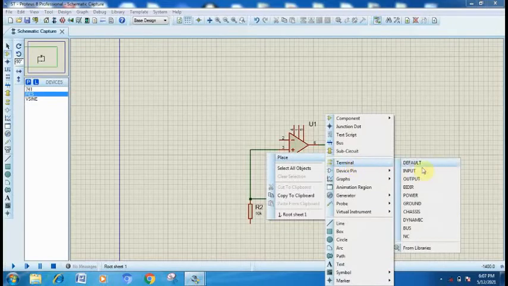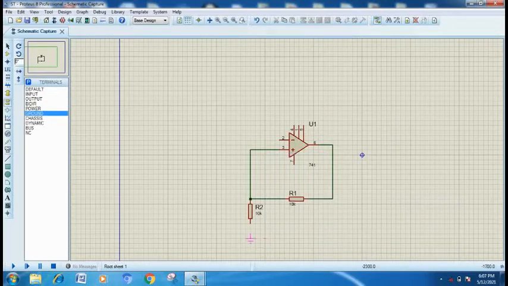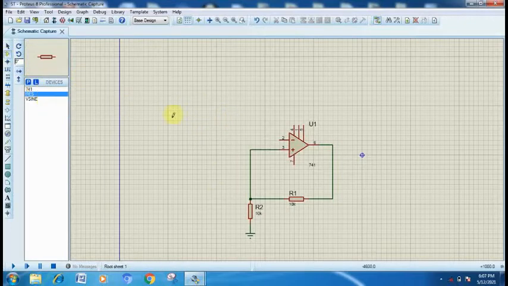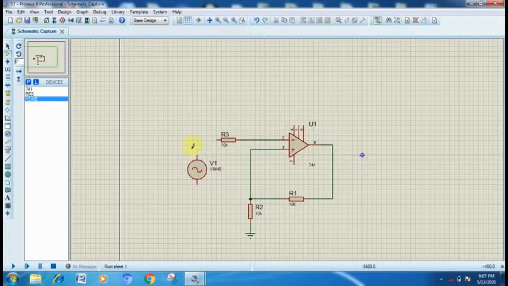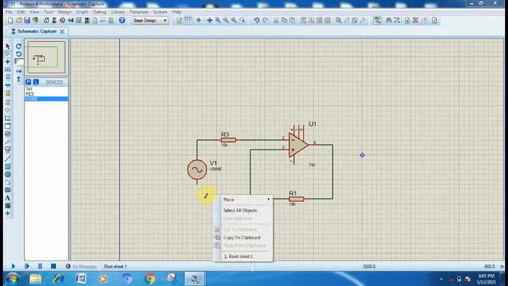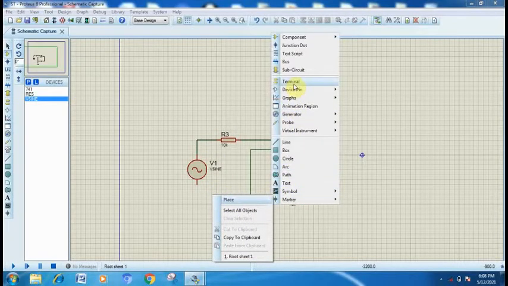Now place one ground terminal. Place one resistor at the input. Take this sine wave source, place it here. Take one ground terminal.